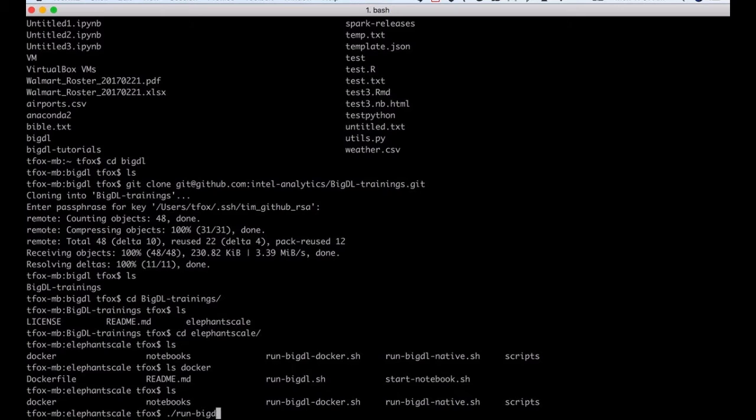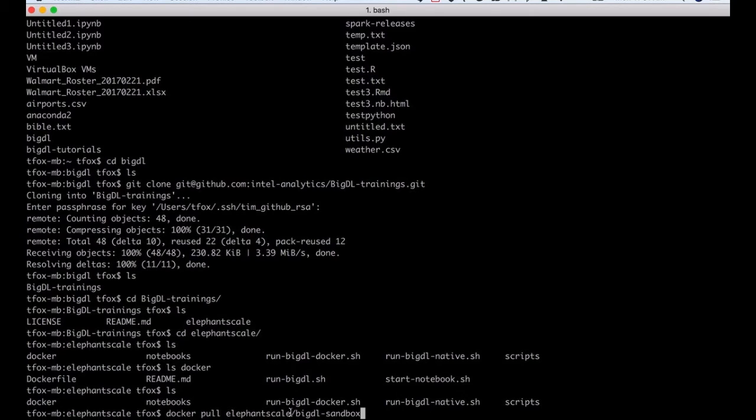To do that, I'm first going to need to do a docker pull on elephantscale/bigdl-sandbox. That is the name of our Docker image. So again, that's elephantscale/bigdl-sandbox.